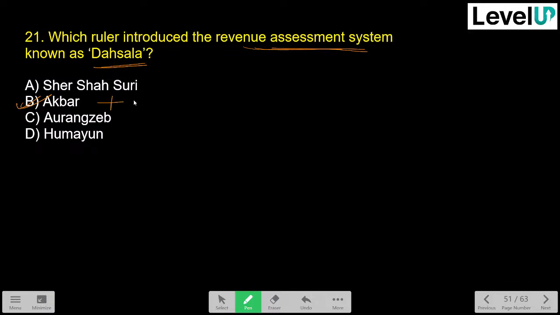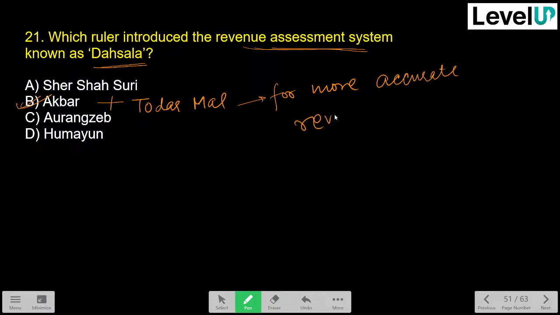So Akbar along with Todarmal. Todarmal was the revenue minister of Akbar. So Akbar, with the help of his finance minister, that is revenue minister Todarmal, introduced Dah Sala for more accurate revenue assessment. Because of this they were able to understand from where we can get more revenue, or where we have to reduce taxes, so that the system will be more efficient. Okay, next,